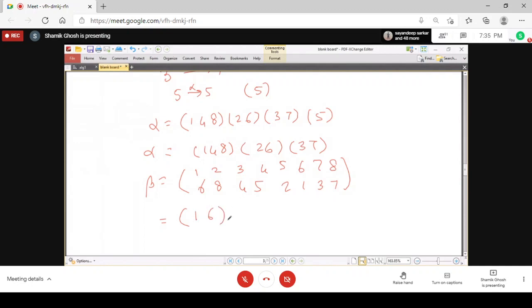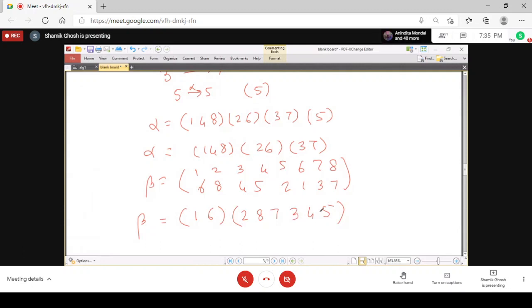So if we want to make it in the cycle notation, you see that 1 goes to 6, 6 goes to 1, so it is closed. Then I start with 2, 2 goes to 8, 8 goes to 7, 7 to 3, 3 to 4, 4 to 5, and then ultimately 5 to 2. And so you have that, these are the 8 elements. So beta has this expression under the expression of product of disjoint cycles.